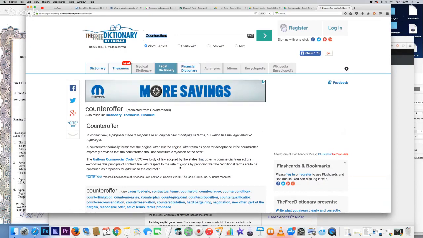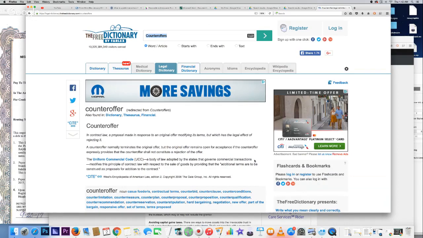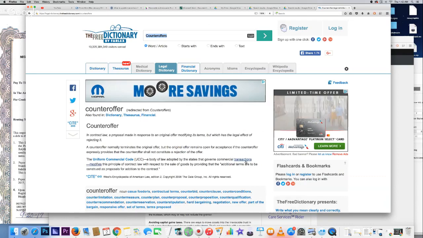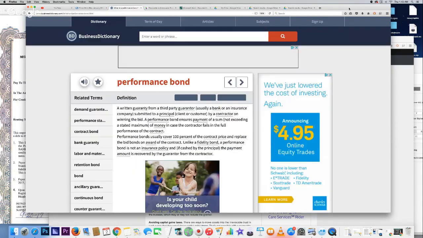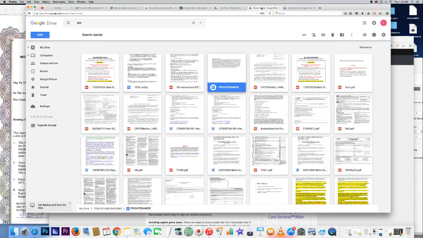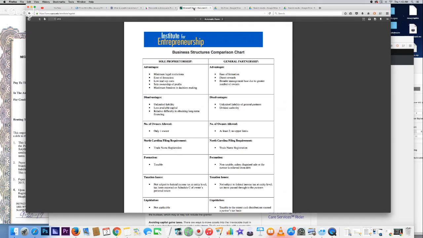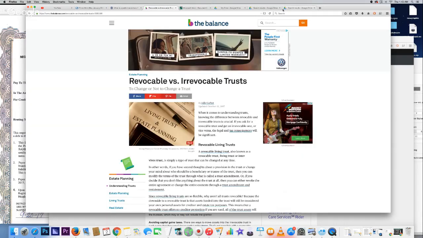All right, a body of law adopted by the states that governs commercial transactions. It modifies this principle of contract law with respect to the sale of goods by providing that the additional terms are to be construed as proposals for addition to the contract. All right, we're done with that. Now we're gonna skip past that. Now we're gonna go to